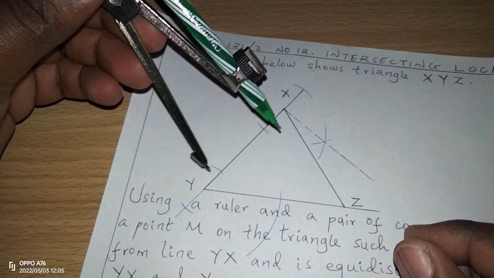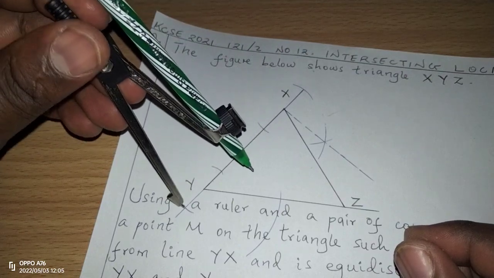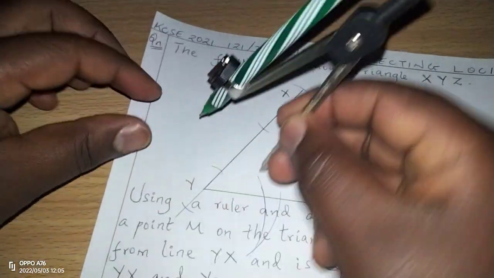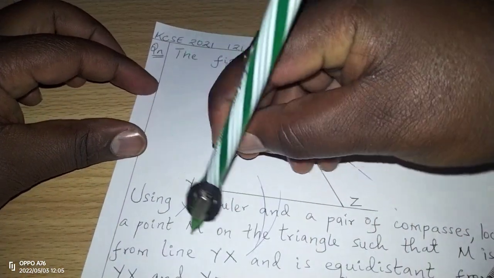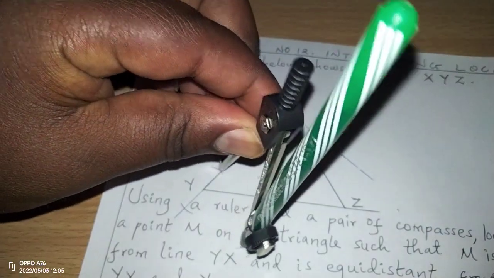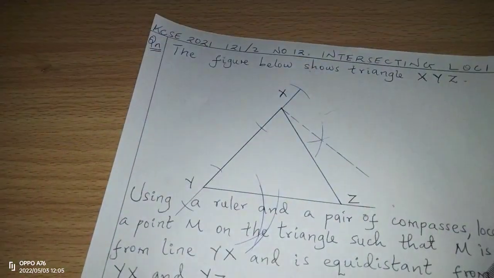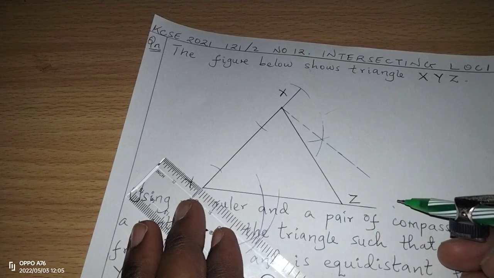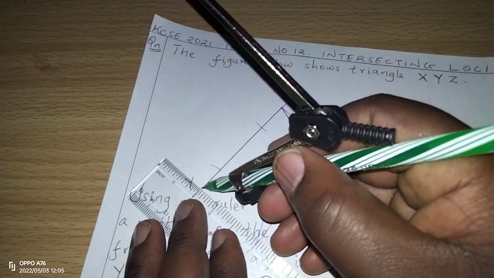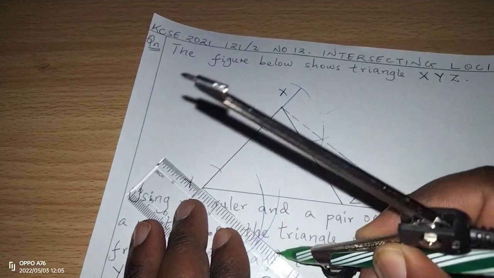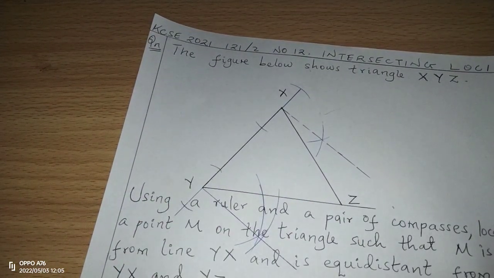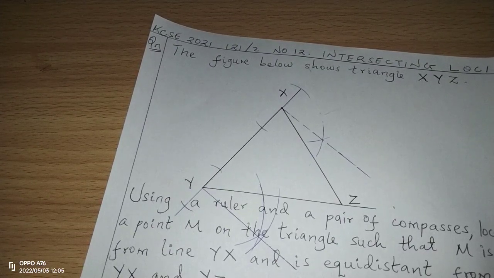So after making the two arcs, we stand at one of the arcs and we make an arc. Then standing on the other arc, we cut the first arc such that the intersection of the arcs gives the mark we want. So another perpendicular line can be raised here. There's another perpendicular line. So now we take the measurement of 2 centimeters,